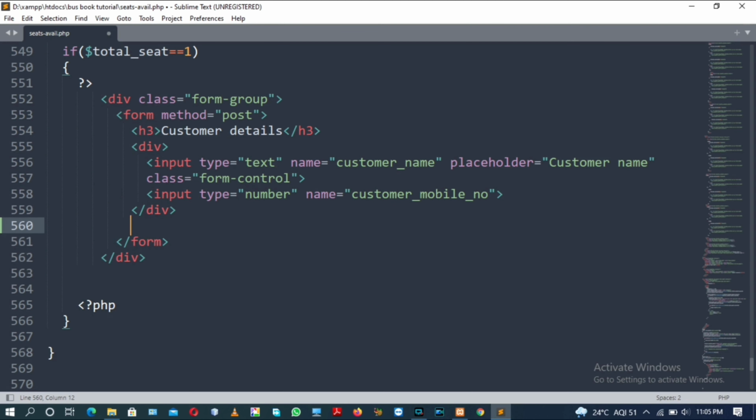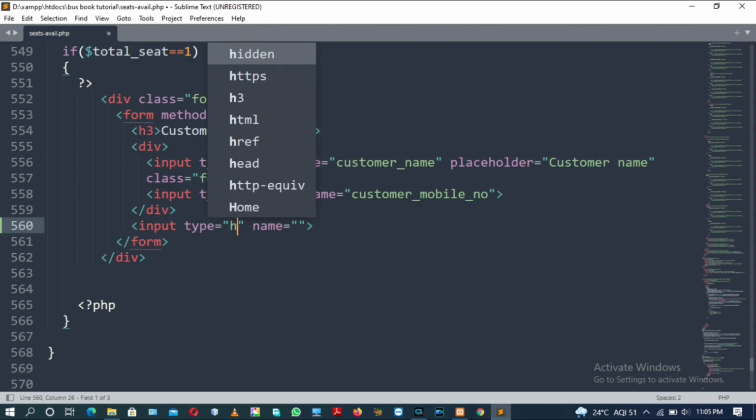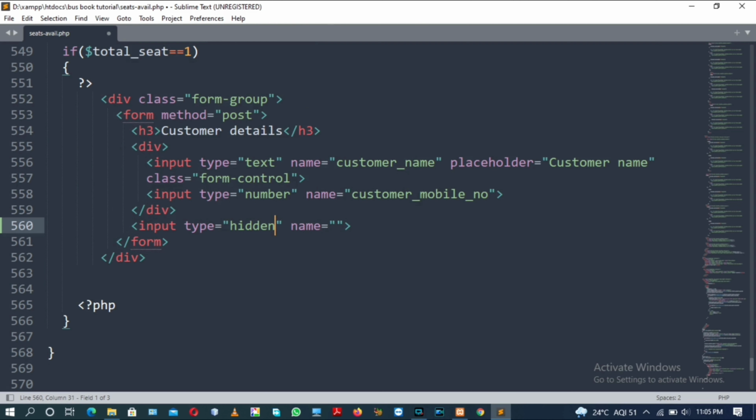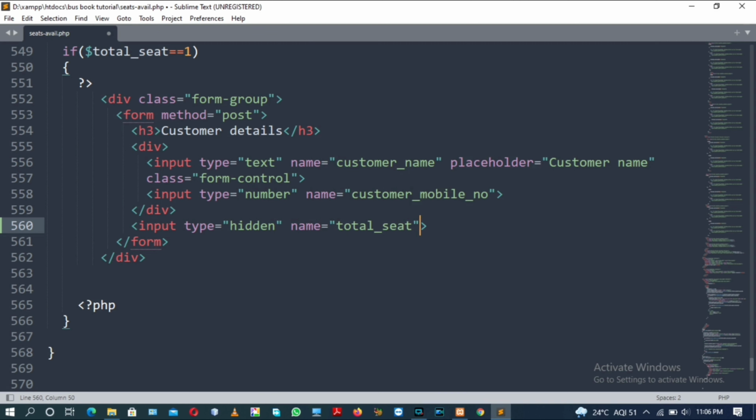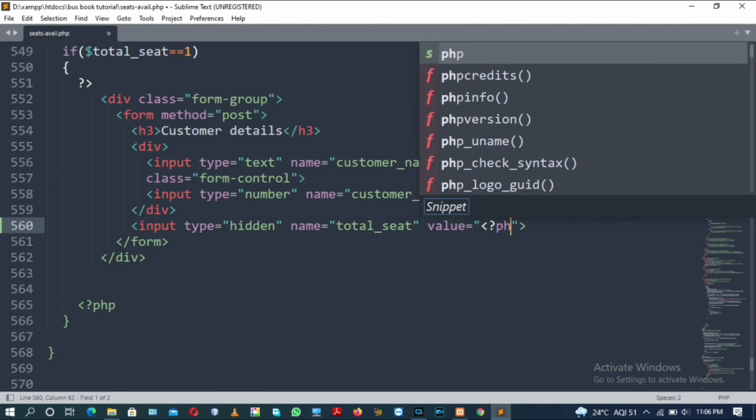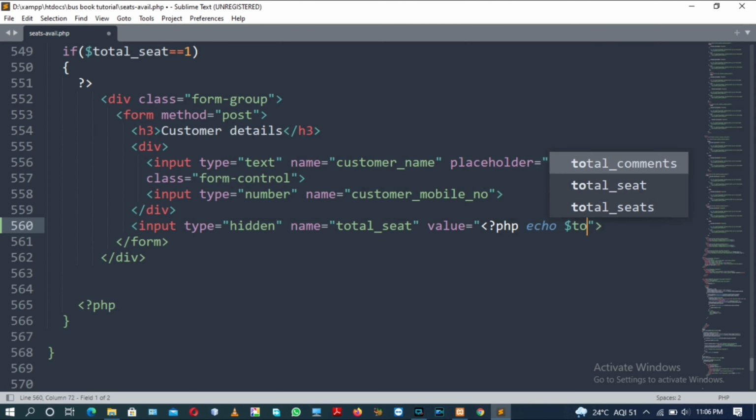After the closing of this div tag, we will have an input tag with the type attribute having the value hidden, and the name will be total seat, and the value attribute having the value PHP echo dollar total seat, which is enclosed inside double inverted commas.